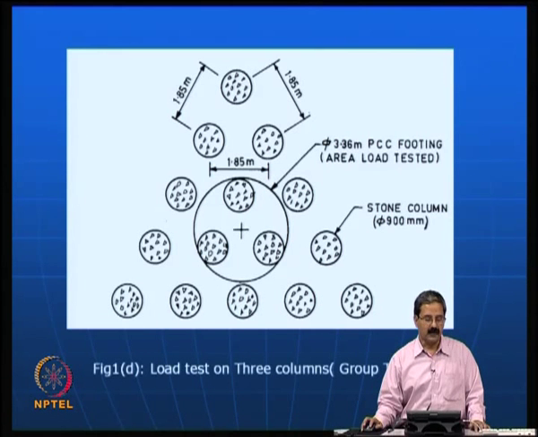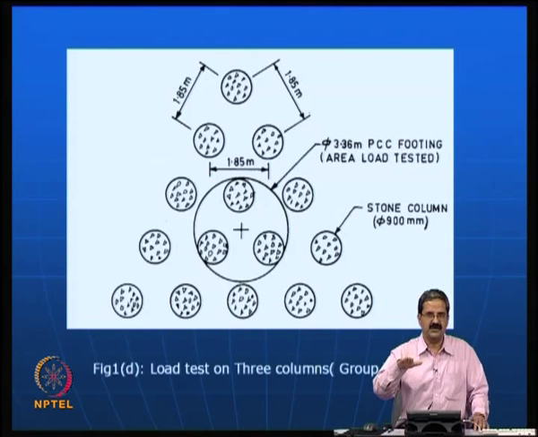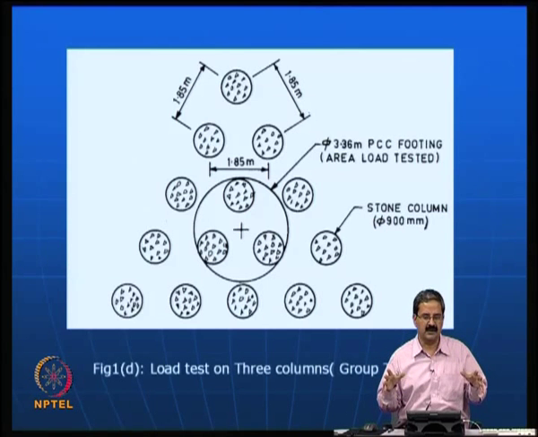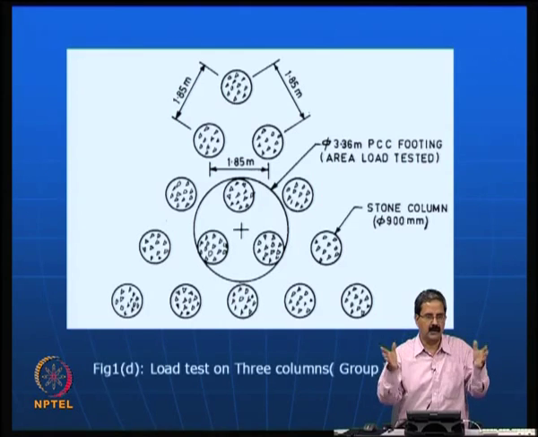See, one important thing is that the plate load test is one good thing, and we have derived expressions for the load carrying capacity of a single column as well as a group of columns, 3 columns or whatever. But the important thing is that we know the limitations of the plate load test. The pressure bulb does not reach deep: if the depth of the stone column is 10 meters and our plate is about 3.36 meters, one should be careful.